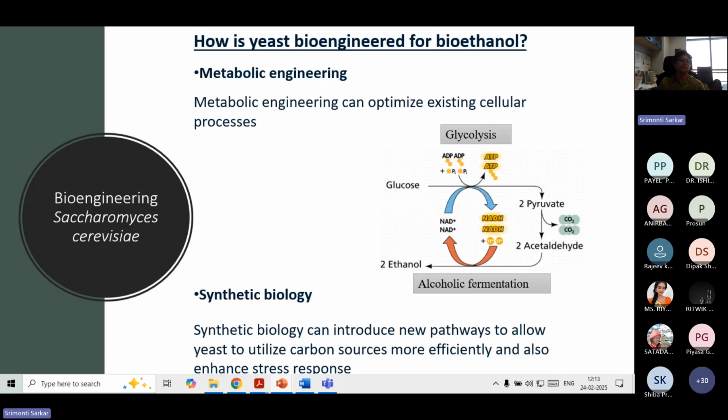So now let's talk about how to bioengineer yeast so that it can produce more ethanol. In terms of bioengineering yeast, let's first understand how glucose is converted to ethanol. So all of you know that glycolysis results in glucose being converted to 2 pyruvate, and this pyruvate then moves into the